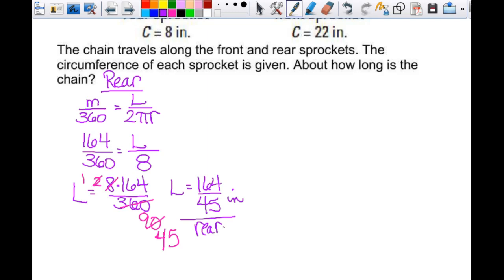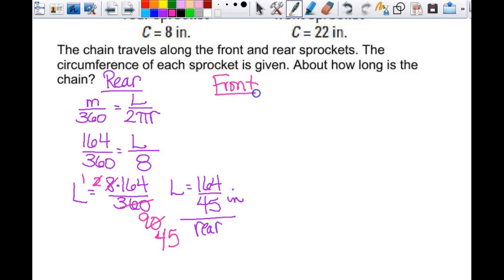Don't you think that's better than actually multiplying 8 times 64 and then looking for factors? That's why I'm showing y'all that. Just learn how to make things easier on yourself. So now I have to go find the front sprocket. So for my front sprocket,